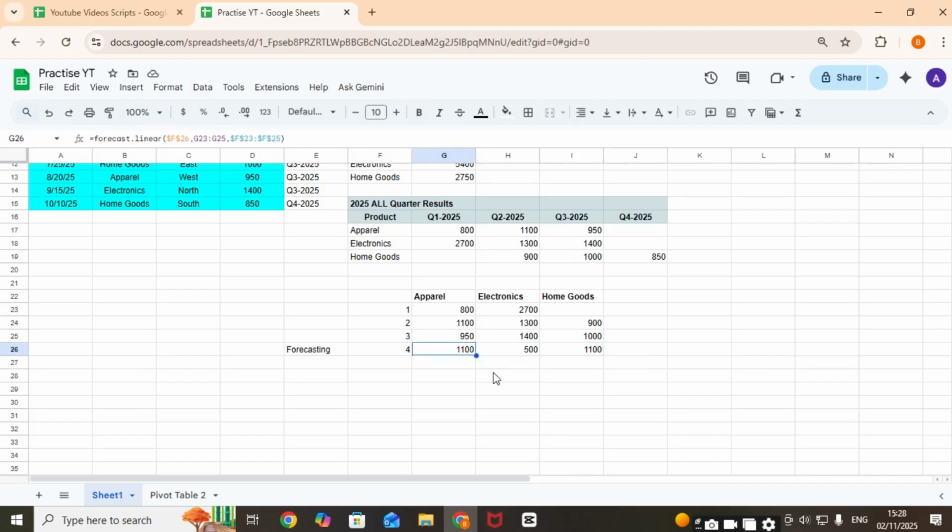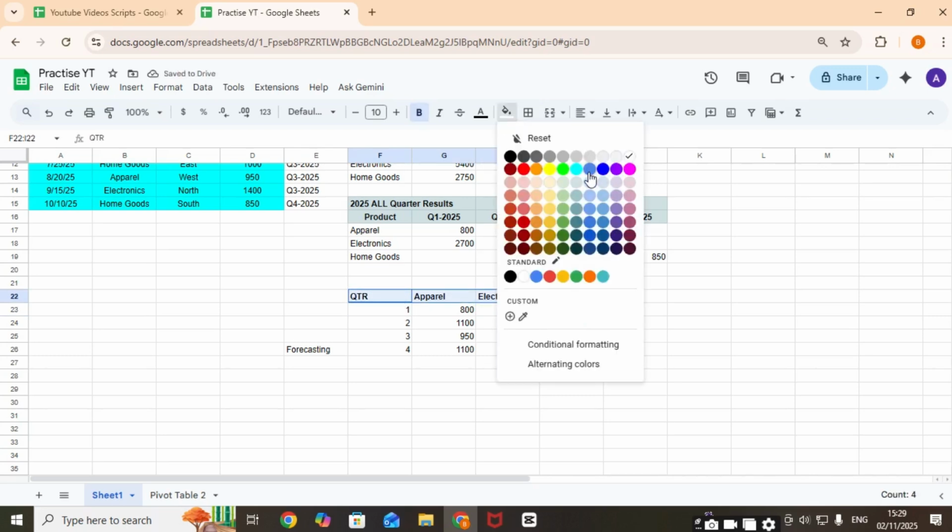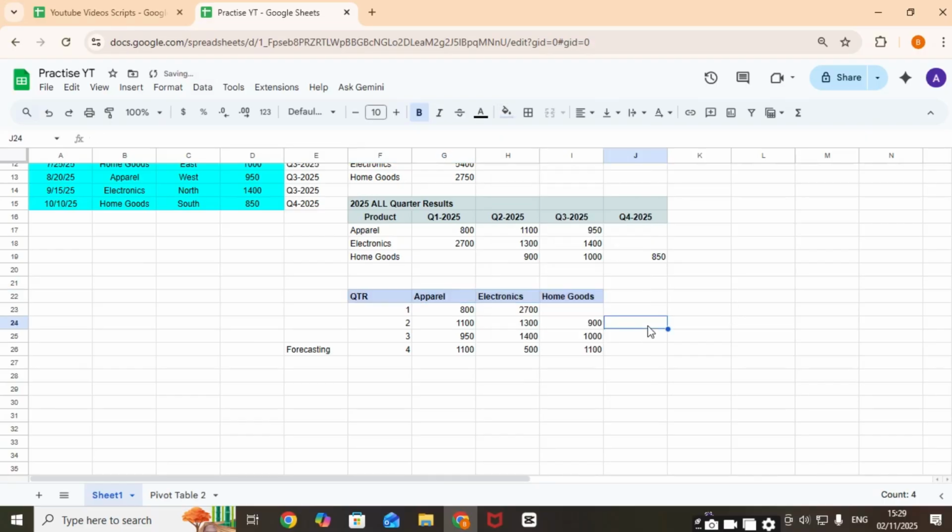So here you can again format it. Now assuming these figures are in US dollars and we want them in GBP. So what we can do, we can produce here GBP results also simply by using Google Finance